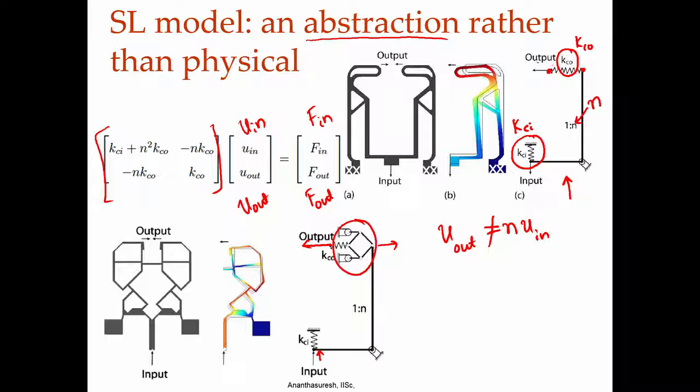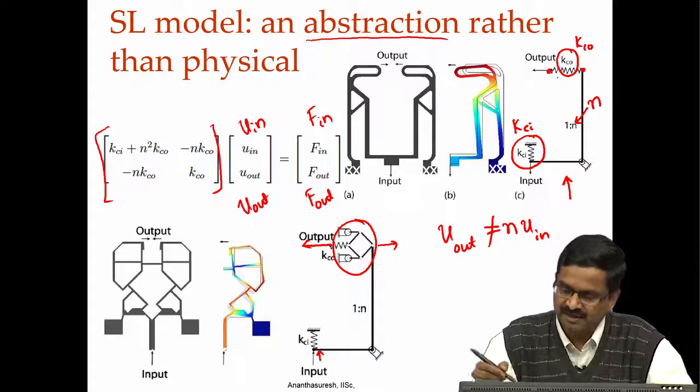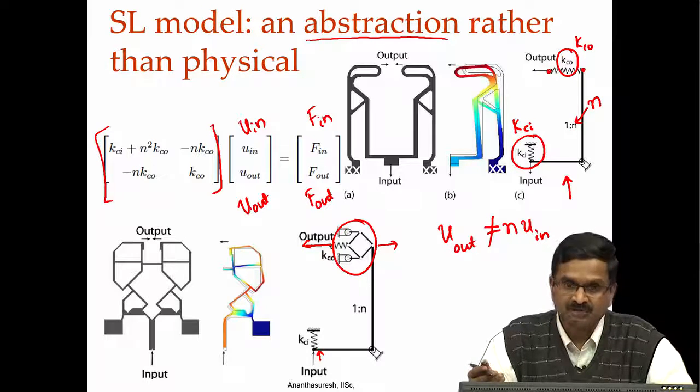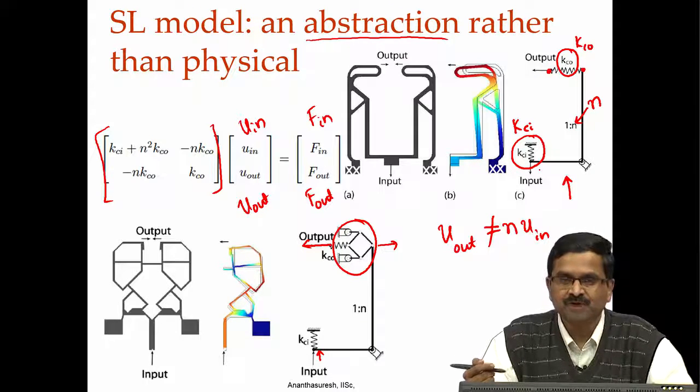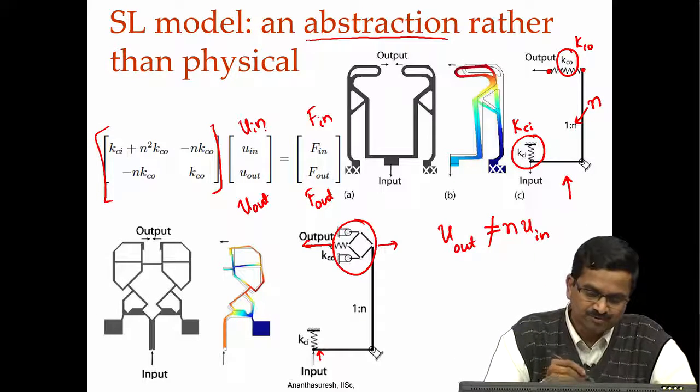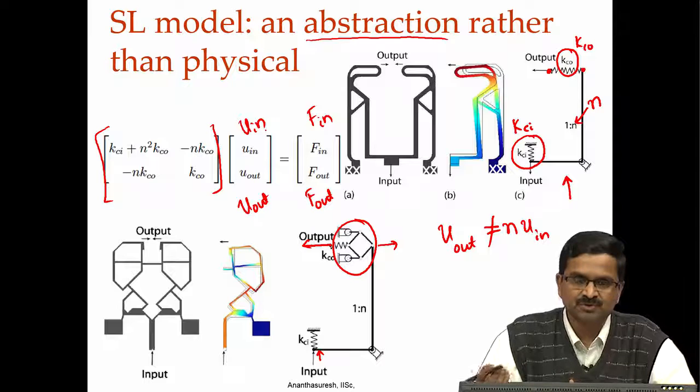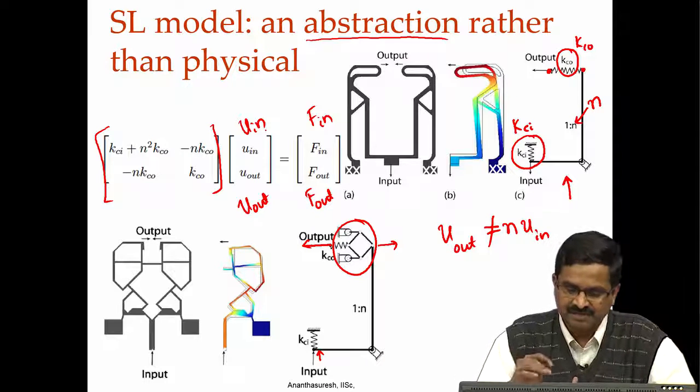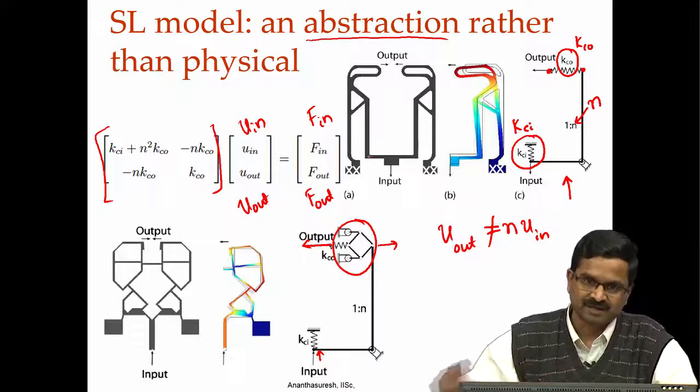And likewise, if you choose this point where output is, when you apply some force and it displaces something, let us say there is a U out, input is not going to be U out divided by N, it is going to be something different. Because it is a 2 degree of freedom model, you actually have to give 2 inputs to completely determine it, and that captures any compliant mechanism.